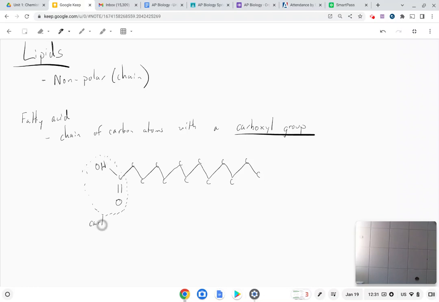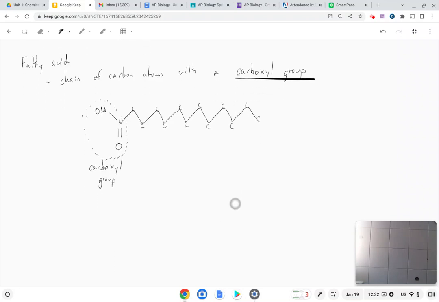That's a carboxyl group. And then this other piece, the long chain, that's the chain. So a fatty acid is nothing but a carboxyl group attached to a chain. But there is something you need to know about this, and that is that the chain can come in 2 different flavors. The chain can be